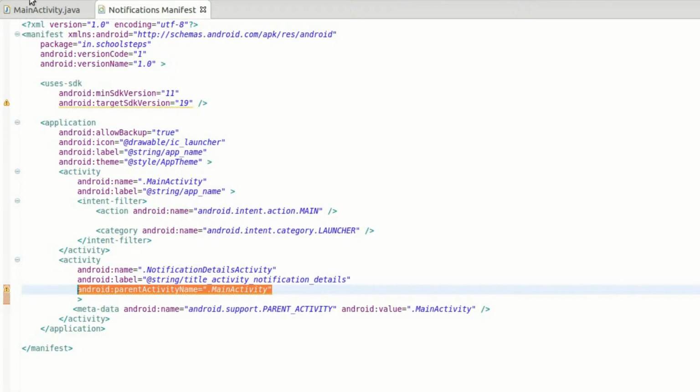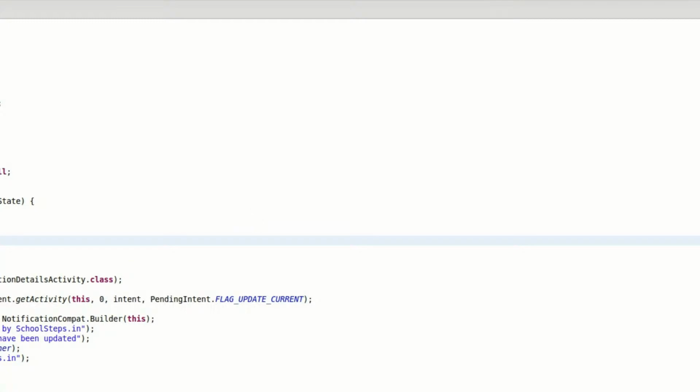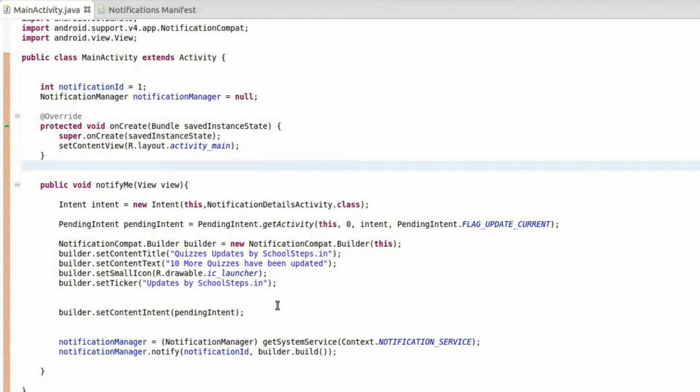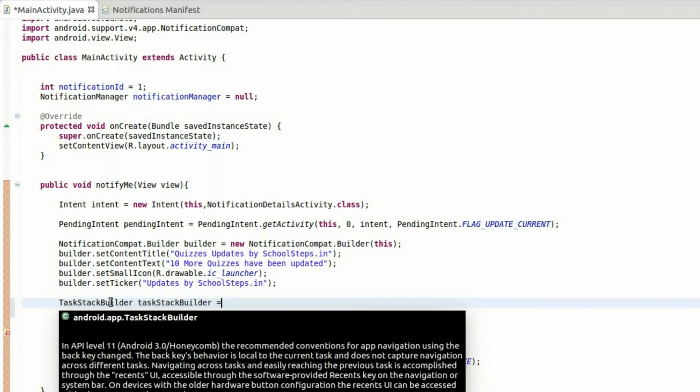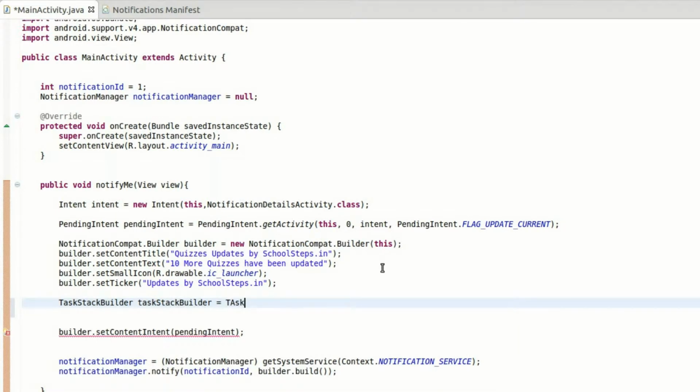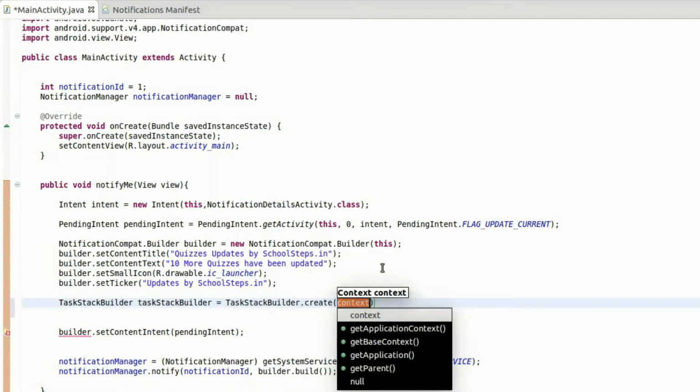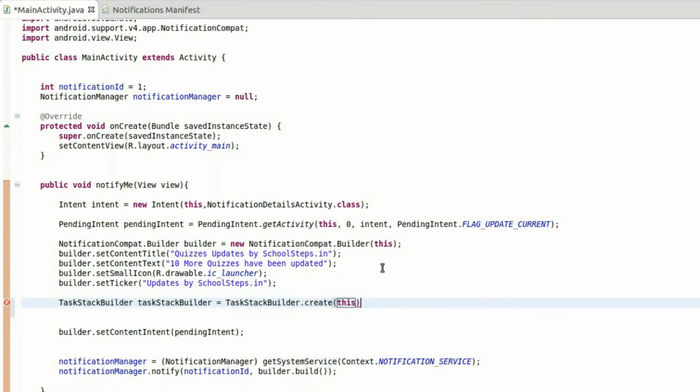Let's save this and go to the MainActivity.java. In this particular line, the first thing you have to do is to take help of the TaskStackBuilder. So right here we need to say TaskStackBuilder is equal to, make sure that you choose the TaskStackBuilder from the package android.app, equal to TaskStackBuilder.create, and in the context we need to pass this.